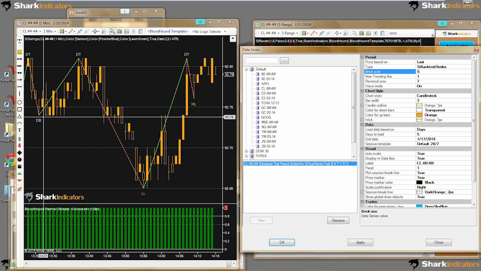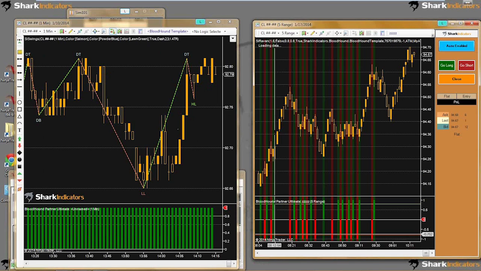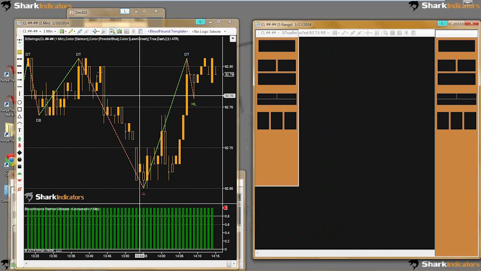Kenji wants to use a 5-1, and let's see. I believe the reversal on a 5-1 is going to be 9. So you notice that in the BackTestRenko, you can manually control the reversal size. Whereas on the Pro Renko, let me close out of this, and I'll take this chart over here,